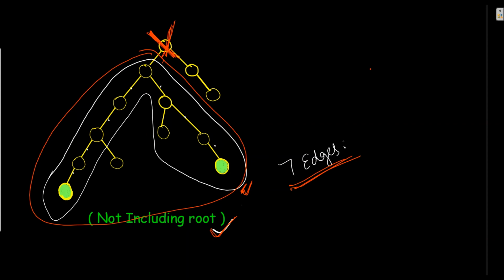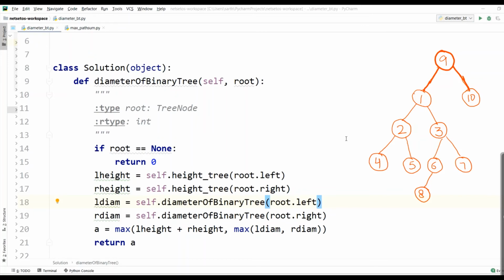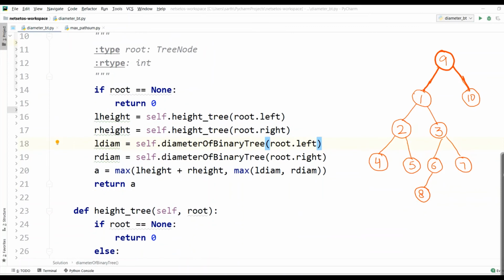With that we will solve a Python code. So here we are. First we will take the diameter of the binary tree, where we will see whether the root is None or not. If the root is None, that means there is no root, so it will return 0 then and there.